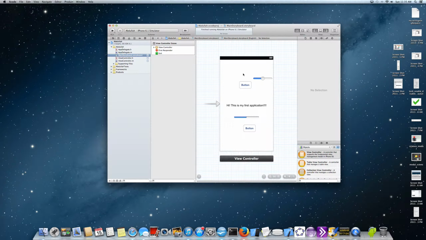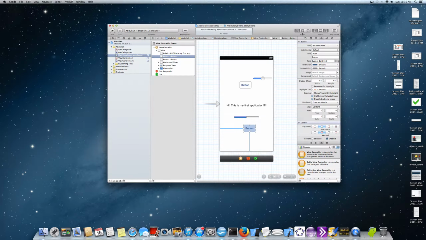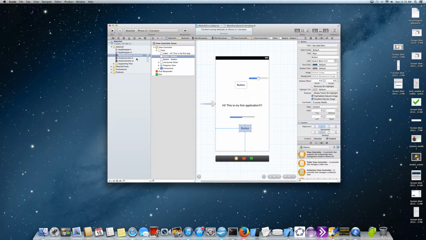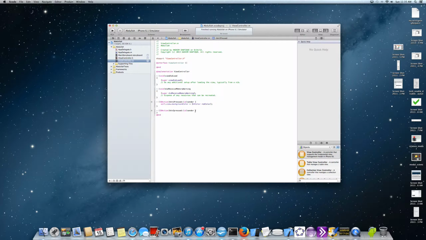So basically do what you did with the first button. Just tap the second button, press the middle button under editor, make sure it's in the .h, control drag, make sure it's on action, touch up inside, id sender, button2press. Connect. So in the .m, just type in,